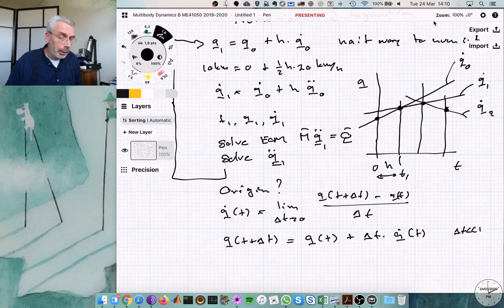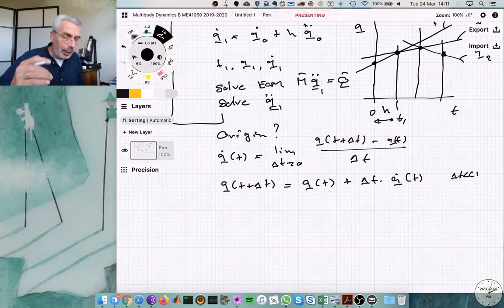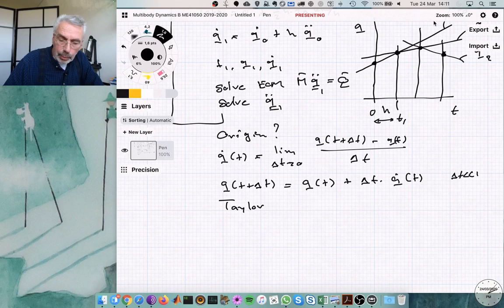Otherwise it will not work. Now, of course, the origin is not really from the definition. The origin is actually from the Taylor expansions, because the Taylor expansion of a function, and you could see that